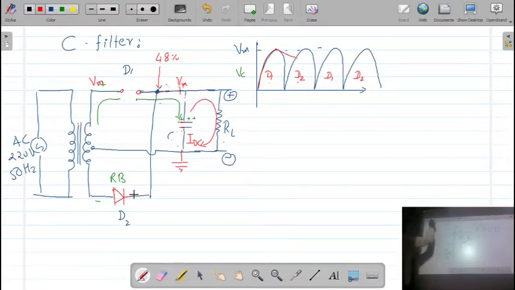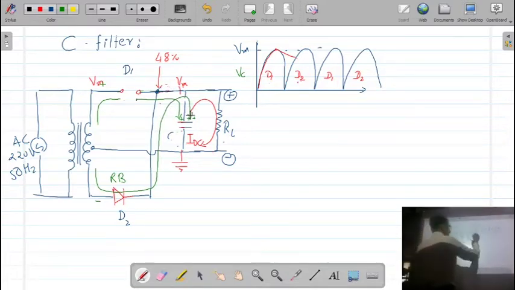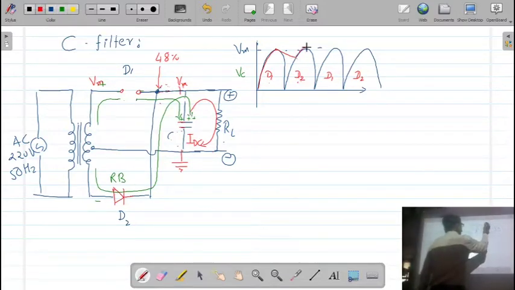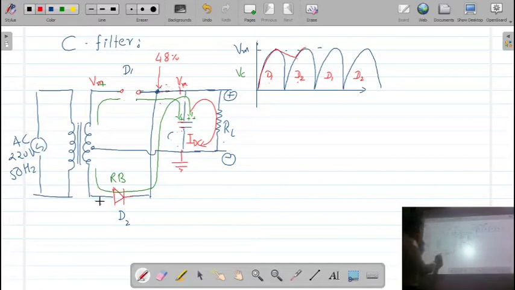Again the capacitor is going to be charged, it is in forward bias, so there will be a flow of the current through the diode D2 and again it will charge this capacitor. So the capacitor will be charged up to a peak value of Vm because at the input my maximum voltage is Vm, and therefore the capacitor is going to be charged up to a maximum value of Vm.